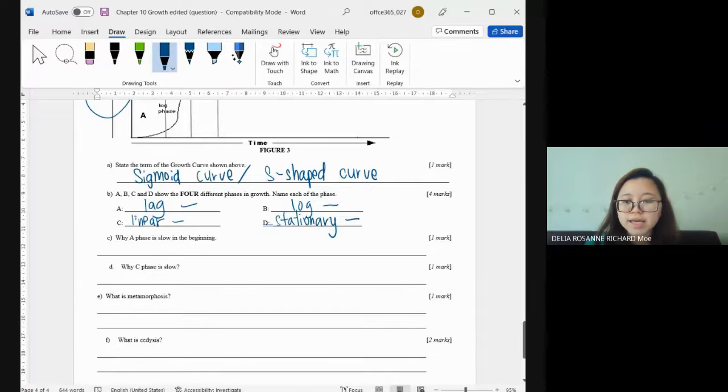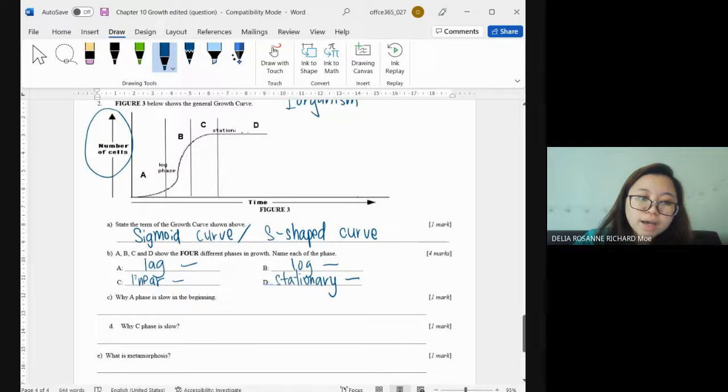Okay, so why is phase A slow in the beginning? Can anybody suggest a reason why A would be slow in the beginning? Why, when the organism has just been born, or when it's in the womb, or if it's a plant, when it has just germinated, is it so slow to grow? Because it's stuck with few cells. Few cells. Okay, so the reason why in this organism, in A,